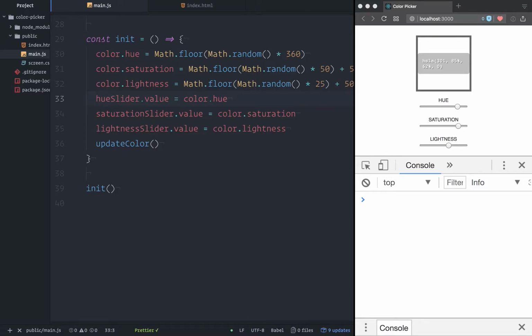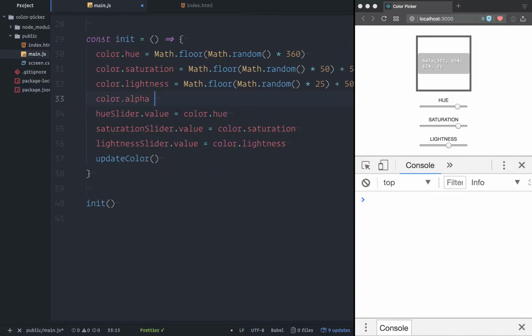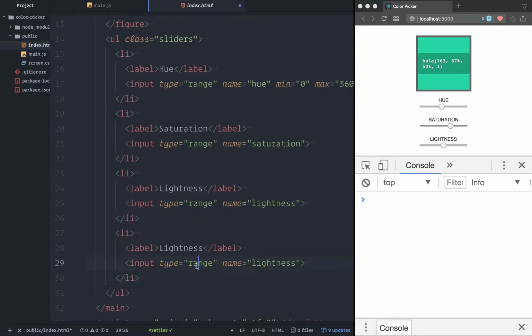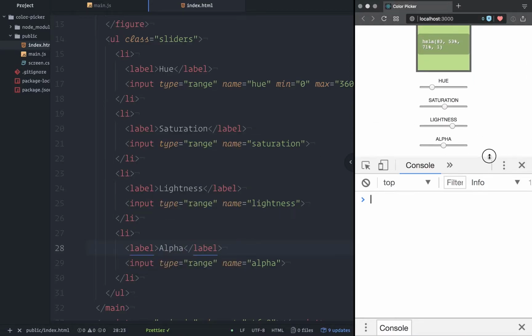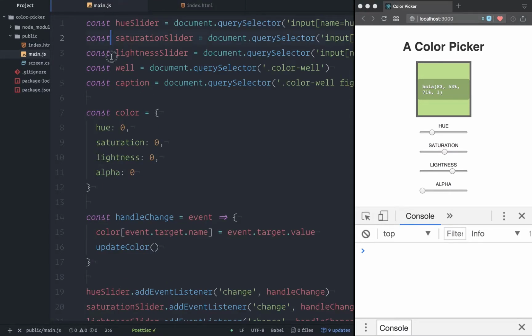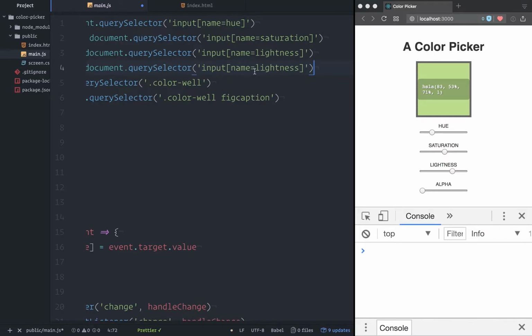So when we init, let's go ahead and just always set the color.alpha to 1 so that it's solid. Let's make our alpha slider over here. I'm just going to copy this, paste it, and I'm going to say alpha. And my label, yes, thank you. So another thing about the alpha slider, let me move this down, is that I don't want my alpha values going. Let's add the event listener for it too, and then I'll come back to what I was just saying. So alpha,